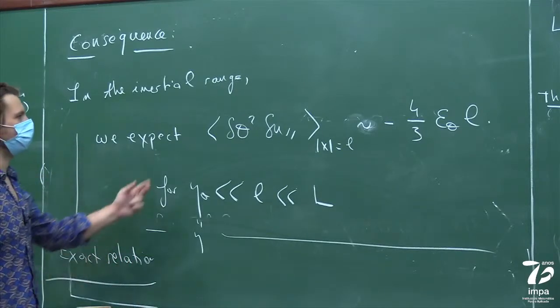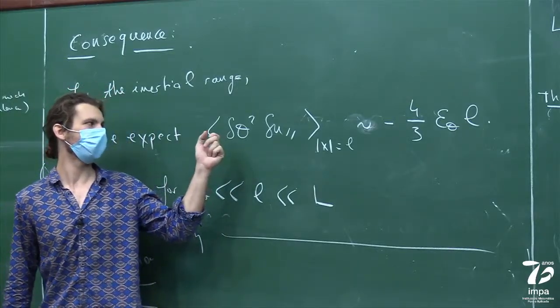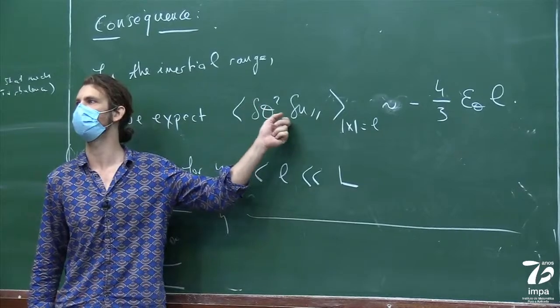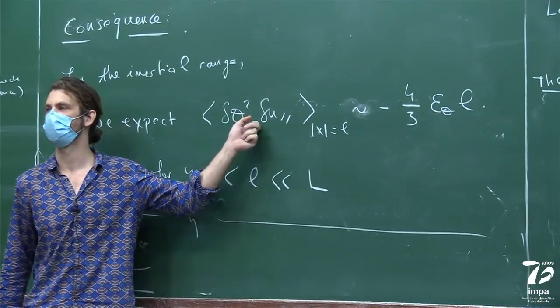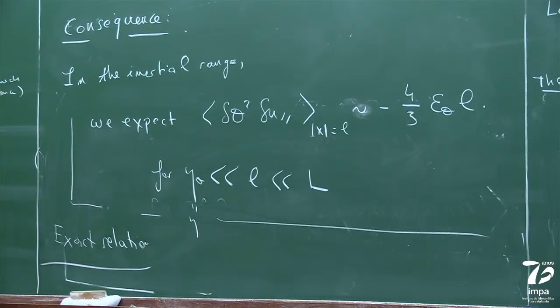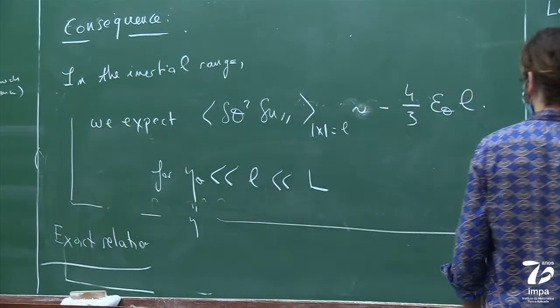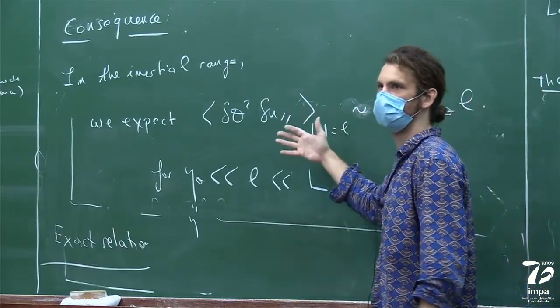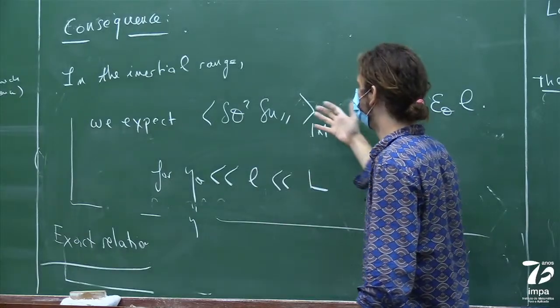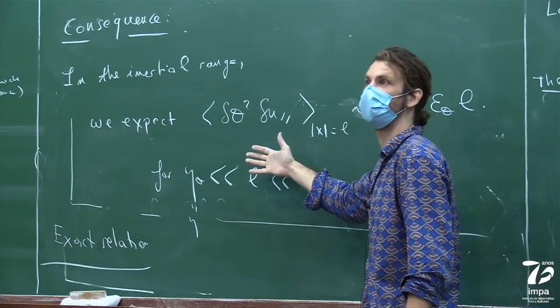And one can see that this exact relation intertwines the scalar and the velocity, which is unfortunate, but which is to be expected because the scalar depends on the underlying velocity field. But we can still explore, suppose that the K41 framework was to hold. What would it imply for the increments?